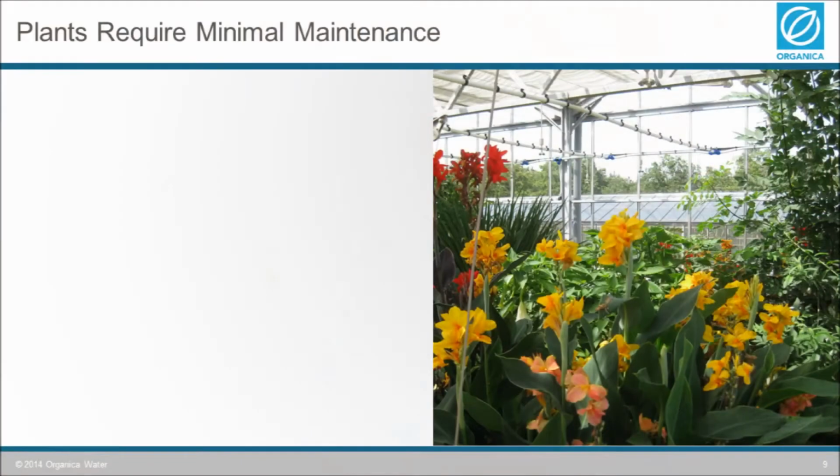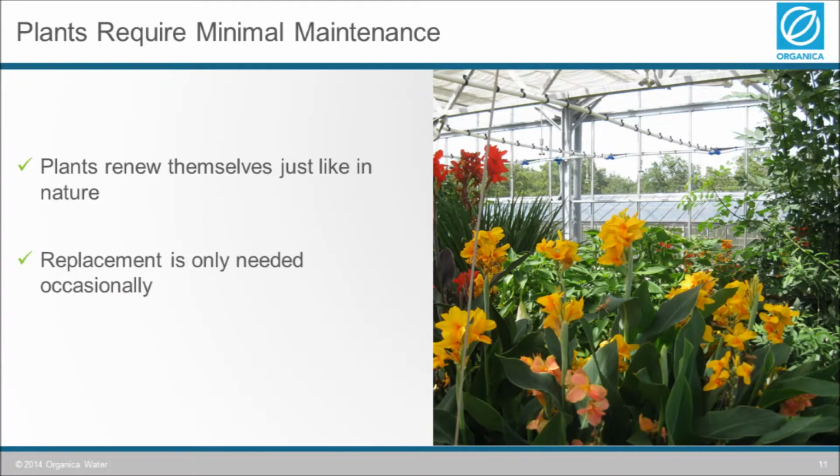One of the most distinctive features of an Organica FCR are the plants. A question that's often asked is how frequently do the plants need to be replaced and how much maintenance is involved. Organica selects plants with low maintenance requirements. These plants renew themselves and replacement is only needed occasionally. For smaller facilities, the plants can often be maintained by the same person that maintains the landscaping around the wastewater treatment facility. In larger plants, one example being the 80 MLD South Pesh facility, 1 man-day per week is allocated